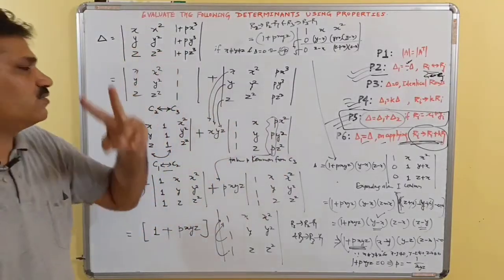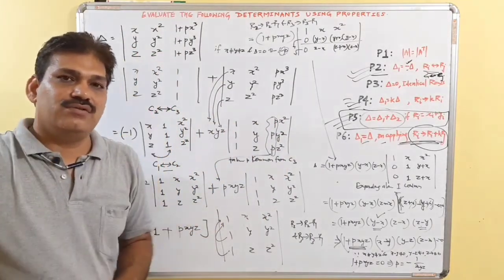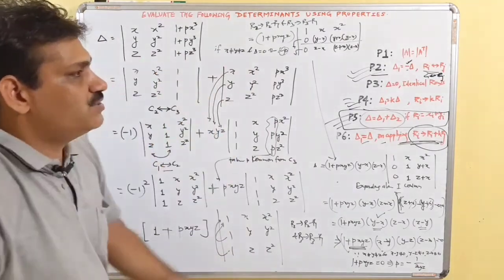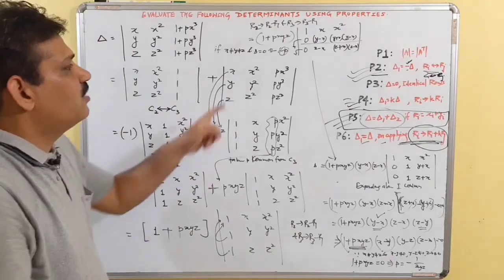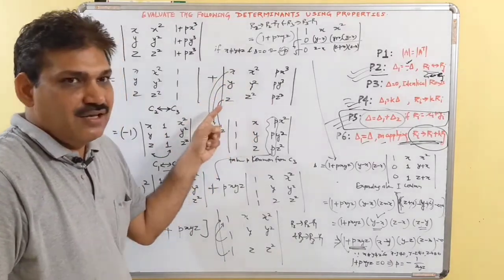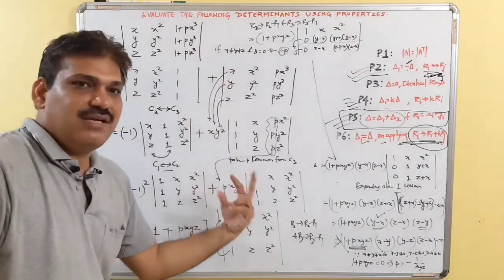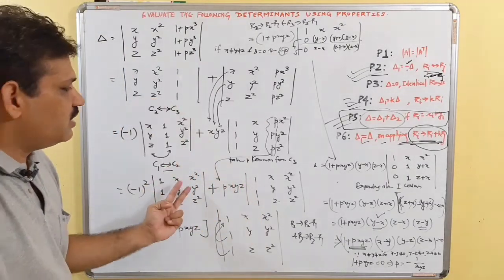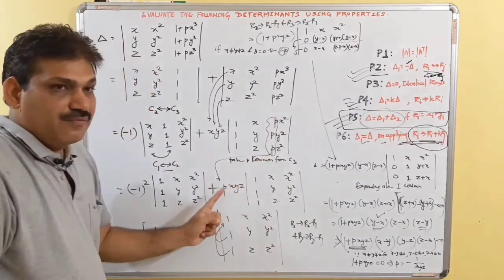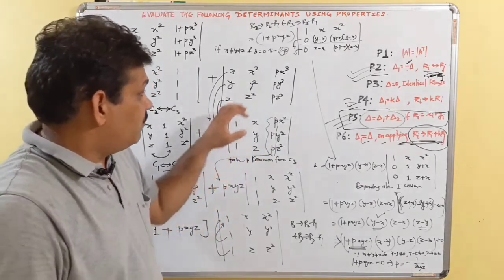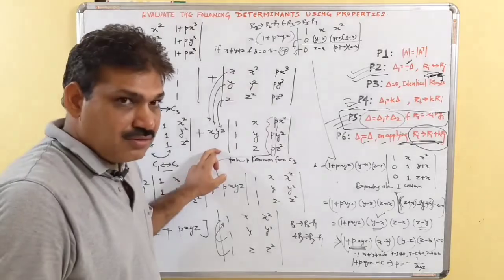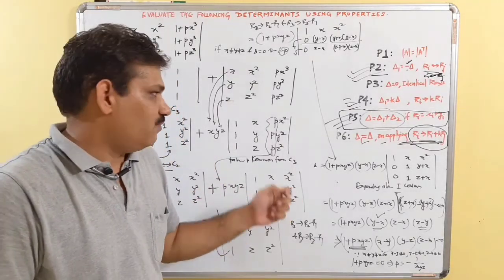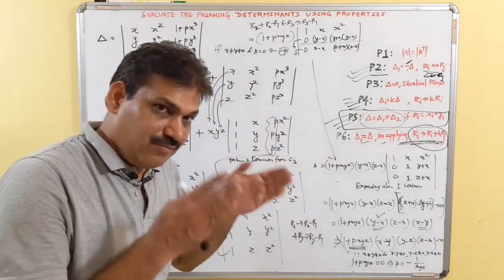See, this was the question. What we have to do? We have to find the value of this determinant. Simply, we split it up into two using property 5. After splitting up, we can see common x, y and z. Meanwhile, to make both the determinants same, we interchanged these two columns. In the next step, we took p common from a column. Mind it, I used the property in a row, and in the next step I used the property for a column.